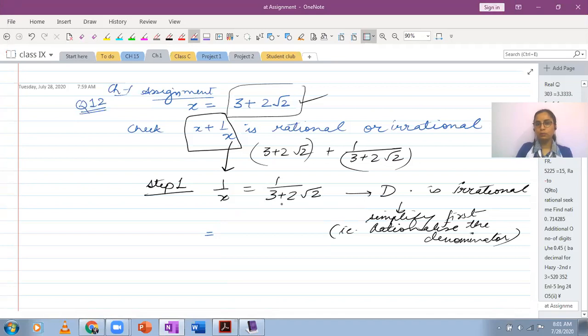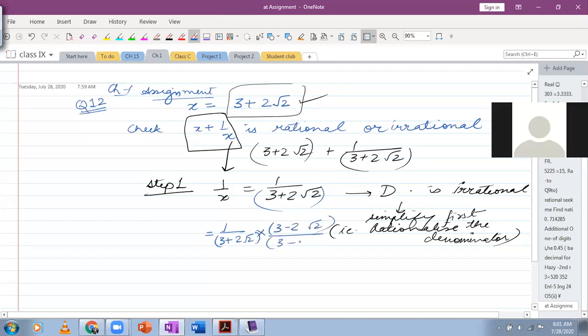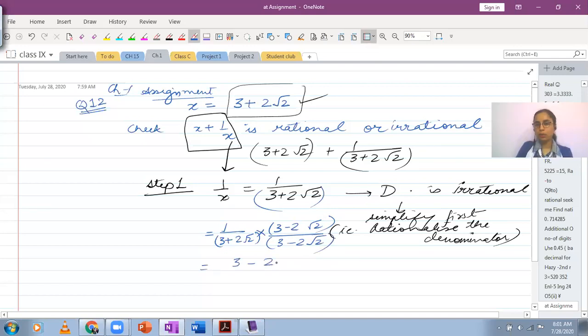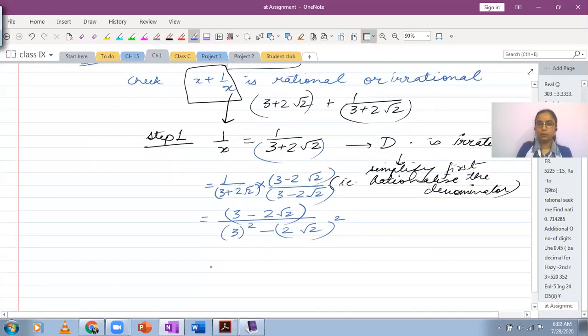So let's just work with this and see what this becomes after rationalization. So I've got 3 plus 2 under the root 2 in the denominator. This is the binomial that I have. So if I had to simplify, this will be multiplied and divided by 3 minus 2 root 2. So the numerator multiplied by 1 stays the same, 3 minus 2 root 2. In the denominator, I have my identity again. So I've got 3 squared minus 2 under root 2 whole square. So let's just simplify. This becomes 3 minus 2 under the root 2 over